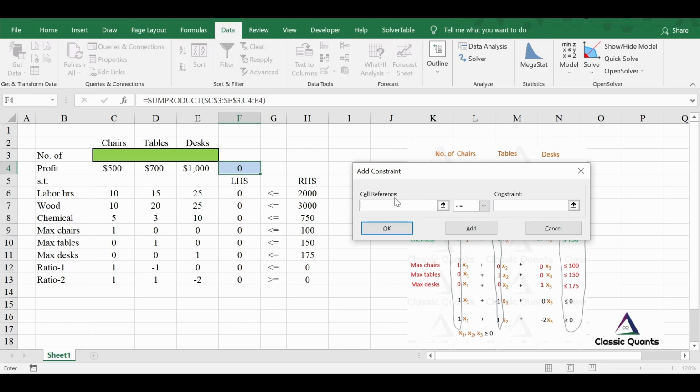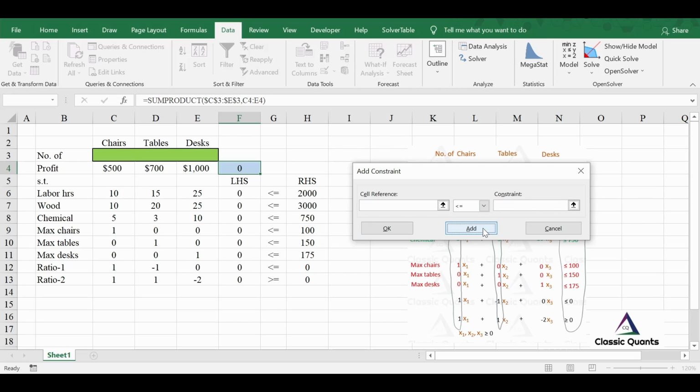So that's it. The first 6 constraints are entered, one is remaining, the last one, which is greater than equal to type. So select greater than equal to, and this is this. So basically in this block, you will enter the left hand side, and here you will enter the right hand side, and this is the sign of the constraint.